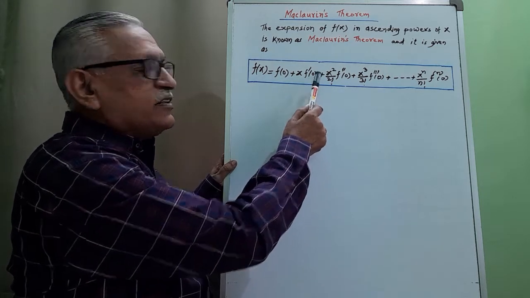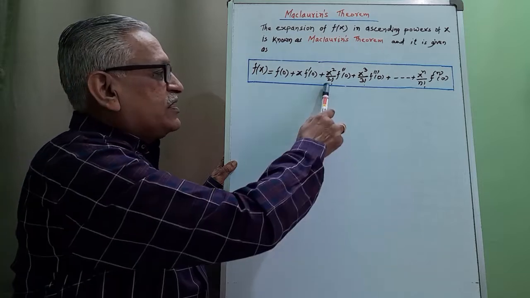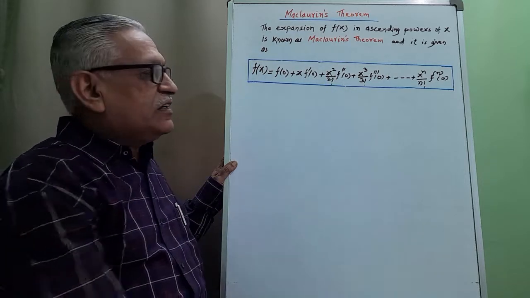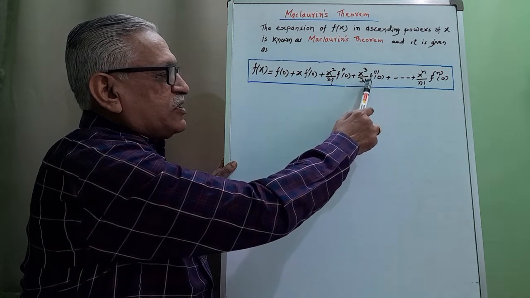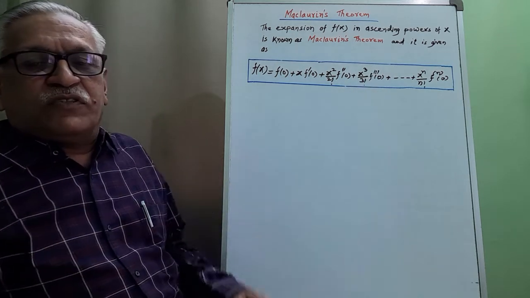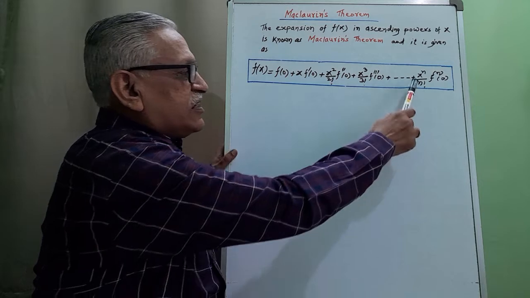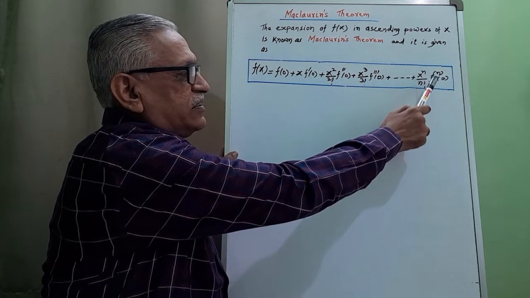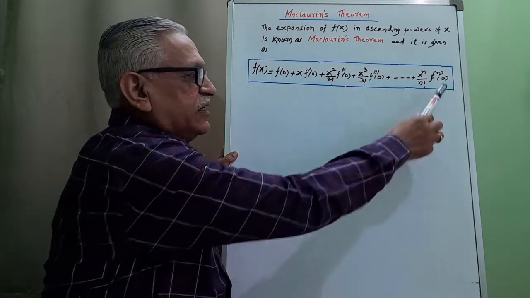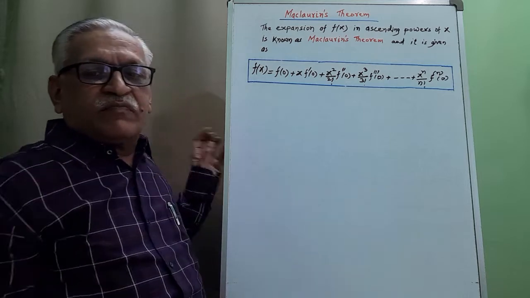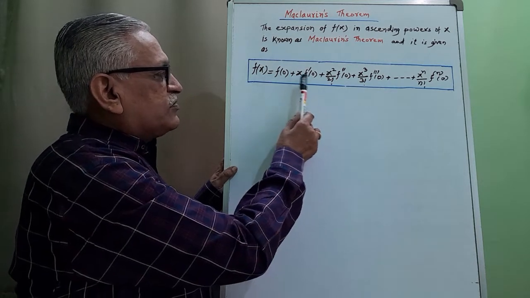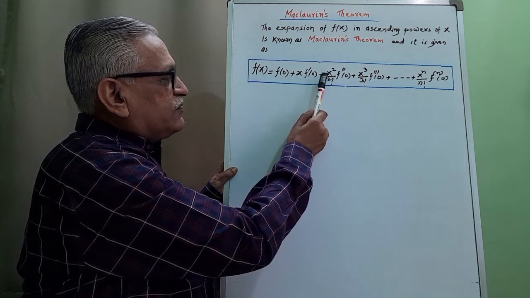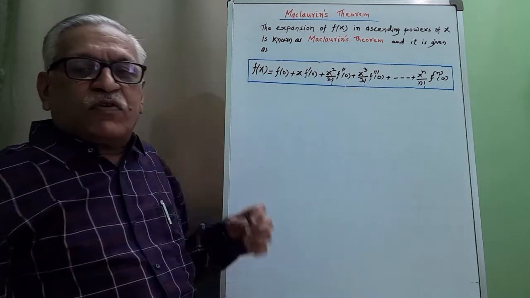Next one is x into f dash of 0 plus x square by 2 factorial into f double dash of 0. Next, x cube divided by 3 factorial f triple dash of 0 and so on. The last term is x raised to n divided by n factorial into nth derivative of f at x is equals to 0. If we observe, the terms are in increasing powers of x or ascending powers of x,